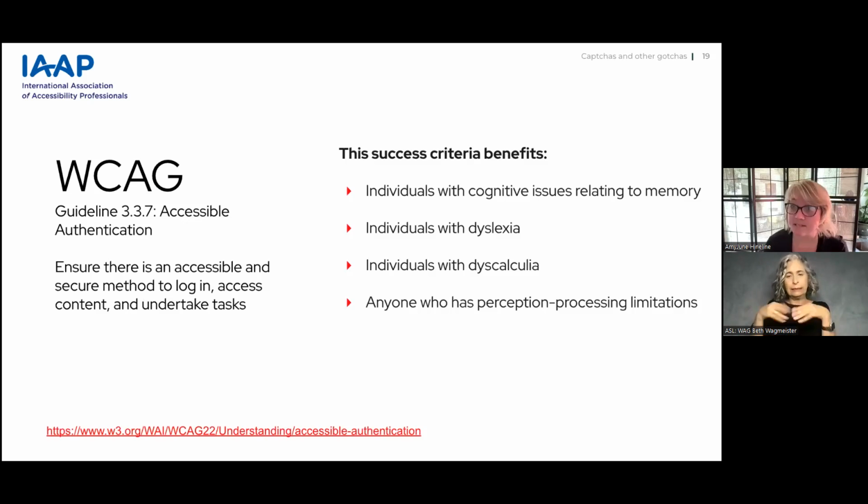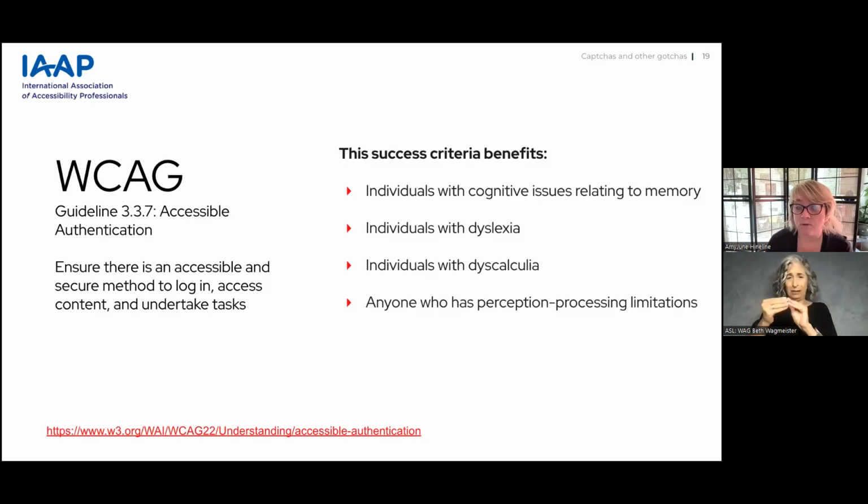So who does this success criteria benefit? Well, it benefits people with cognitive issues relating to memory. This can be dementia, ADHD, dissociative amnesia. This criteria also helps our dyslexic folks, individuals who live with dyscalculia, who have sometimes issues around numbers.